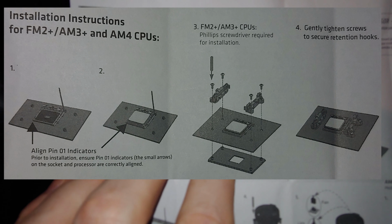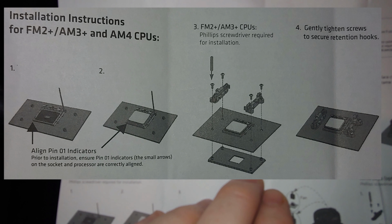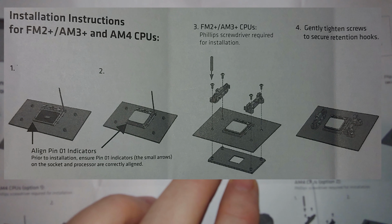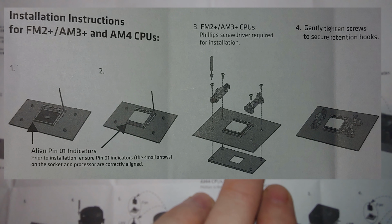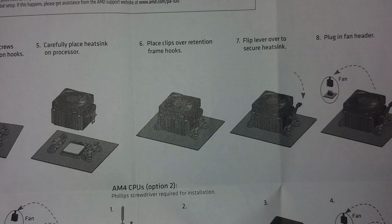So then we talk about the brackets here, and we get that going. That's all fine and dandy. Your lever's still in this place. Now you get to this point, and it's kind of one of those things where I do my own thing as far as the lever on the CPU cooler goes. Because when we get to option 2, right,